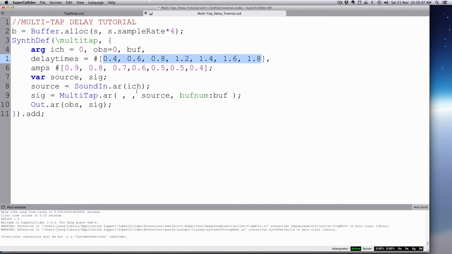Okay, so in any case, we're going to put those down in delay times, because it takes that, and then amps. All right, so then our multi-tap is taken care of. We have our delay times, we have our buff, and everything going. So hopefully that's good to go. We'll boot our server